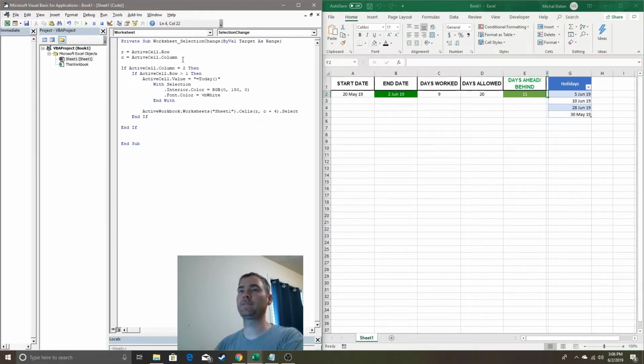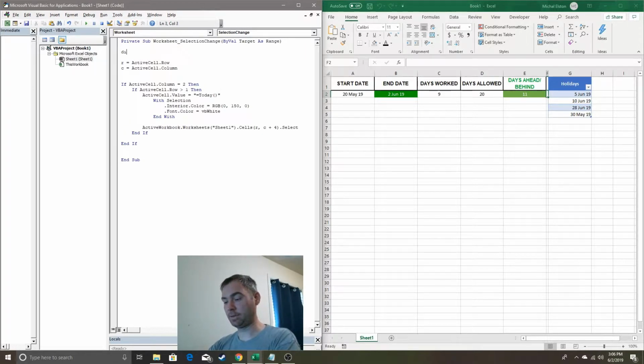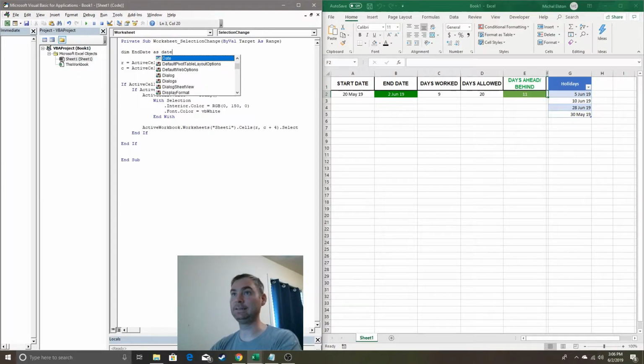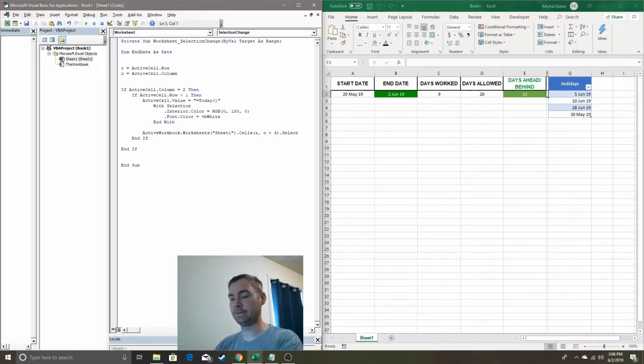So, first things first, we're gonna say end date equals. Actually, this is a good way to show you this. If I put dim end date as date, that's just telling this script before it starts that end date is always going to be a date. And if it's not a date, give me an error so I know that I've pretty much fudged up somewhere. What I'm going to say is end date,